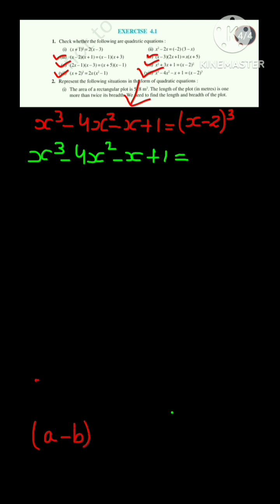So firstly, just copy its LHS as it is, and in LHS we have x cube minus 4x square minus x plus 1 equal to, okay, in its RHS it has x minus 2 whole cube, and as we know it is in the form of identity, and that identity is a minus b whole cube, right? And its expanded form will be a cube